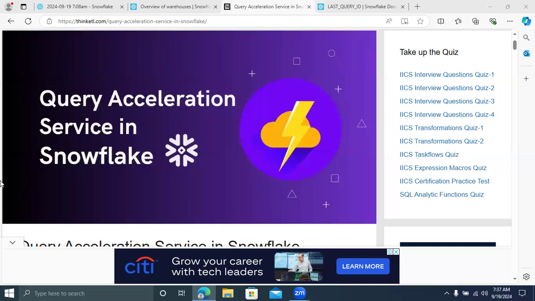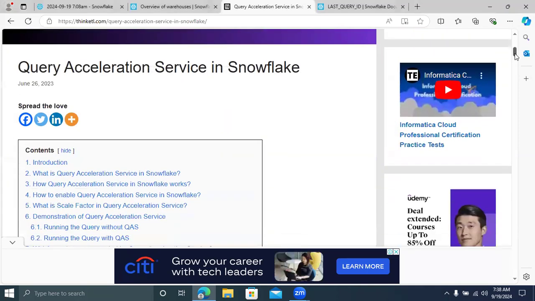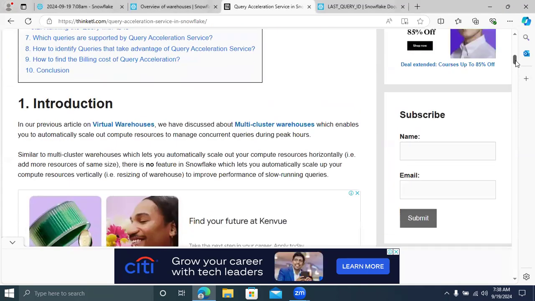Using query acceleration services, whenever you read data from a table that contains millions of records, you can get the results much faster. Now I will explain how to use this service.